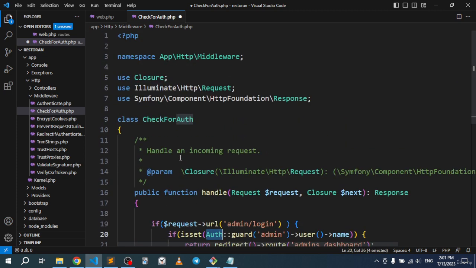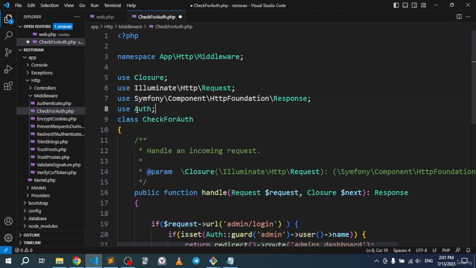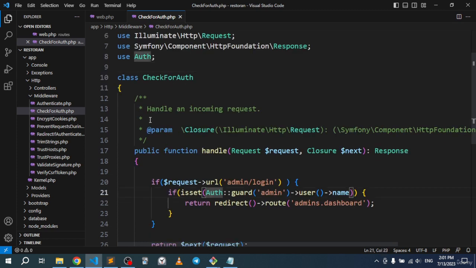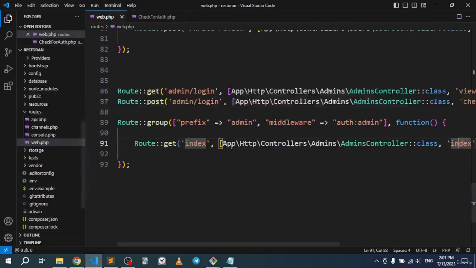So I want to copy the auth right here and use this to avoid this error, because we need to import it before we even use it. That makes total sense. So let's save this. But we cannot use our middleware on those links unless we actually register it